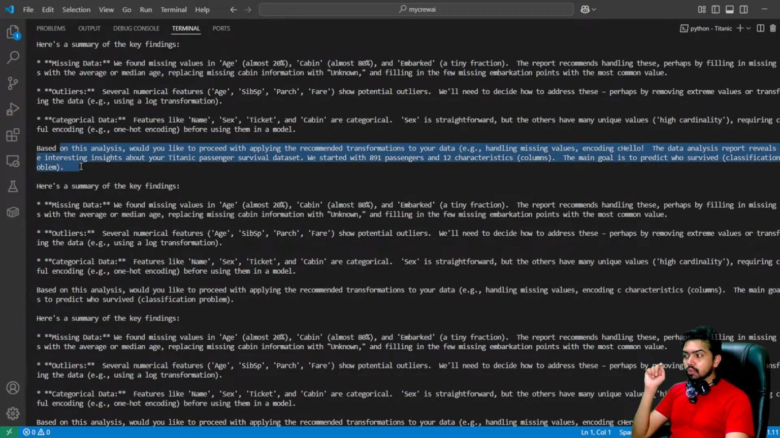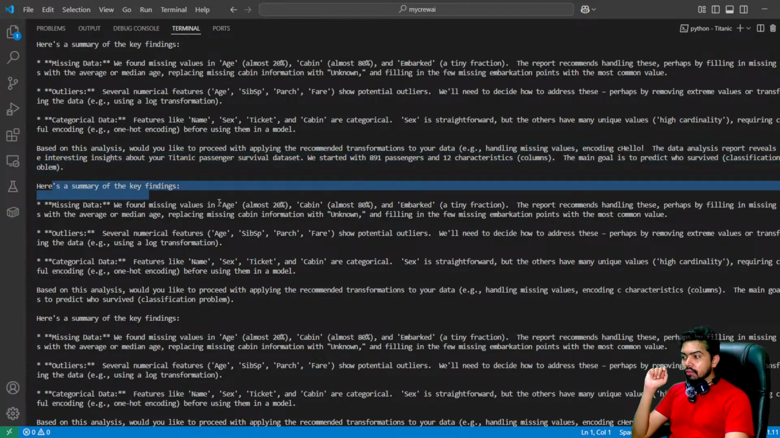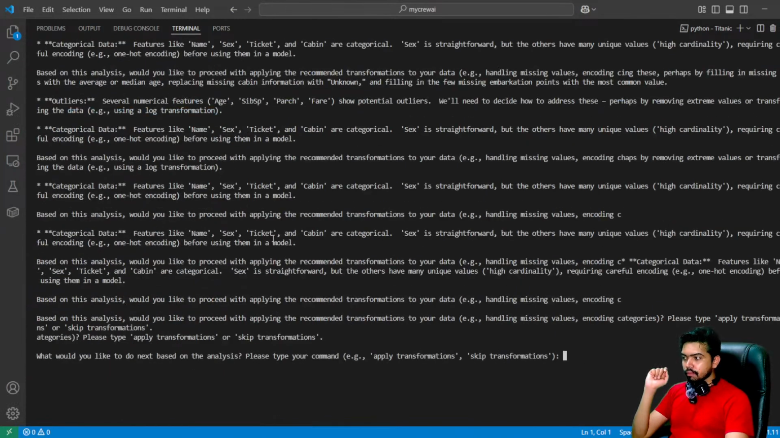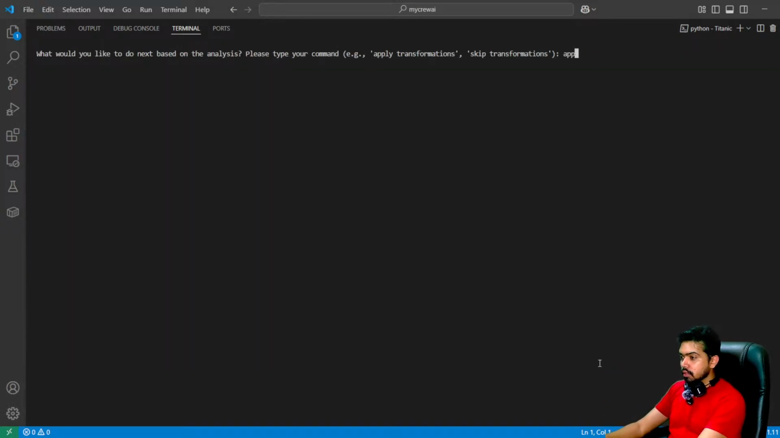Based on this analysis, would you like to proceed with applying the recommended transformations to your data? For example, handling missing values, encoding. Then again, these are the summary of the key findings. Now it is asking whether we want to apply the transformations or skip the transformations. So if you say that you want to apply the transformations,